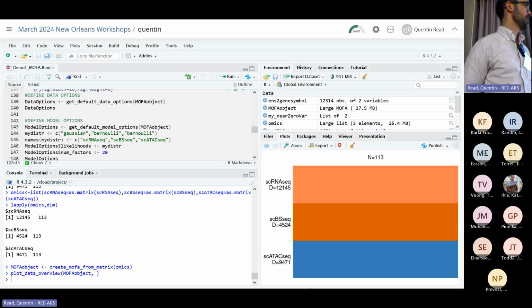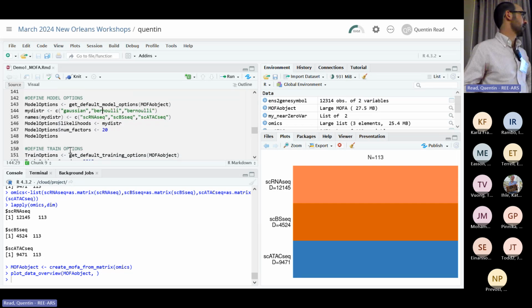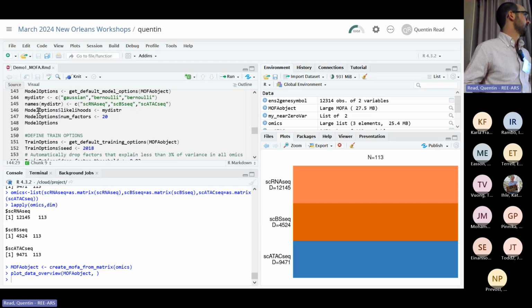In this case, there's no missing ones, so all 113 cells have all 3 omics. You can still do it if some are missing some. This one does not. Yes, so basically we have to, and the other option that maybe is a little bit